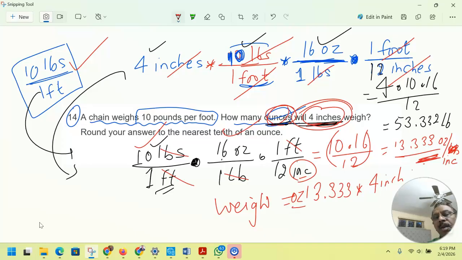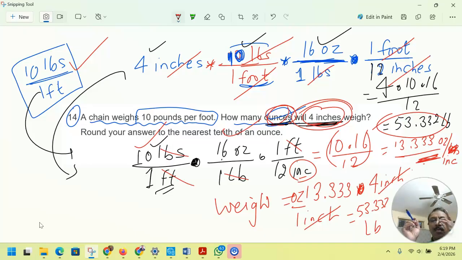The weight is so much per 1 inch, right? And then you times 4 inch. So this 4 inch and inch cross out. And when you multiply, you get 53.332